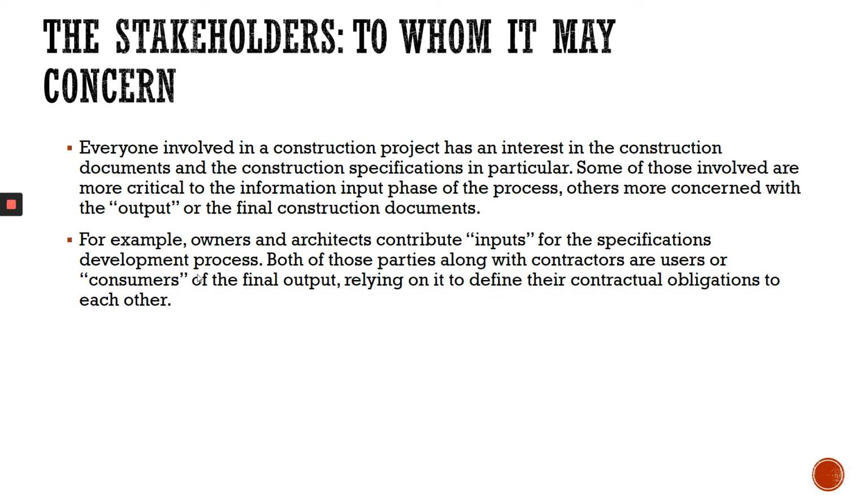Final output and final construction document. For example, owners and architects. Yes, the architect writes the specification. They suggest, okay, boss, you use this, don't use this, okay. But like I said, certain buildings like police stations and fire stations have their own colour code, their own specifications, like glass, what kind of glass. Same with the fire station, like how big is the entrance and exit, how big, you know.